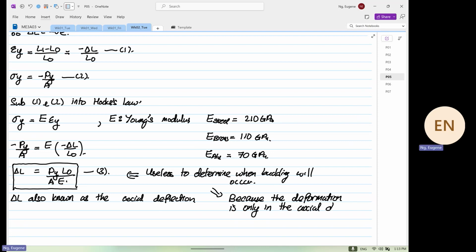Axial direction. Okay, because the deformation is now. Before I go further to elaborate more on buckling,